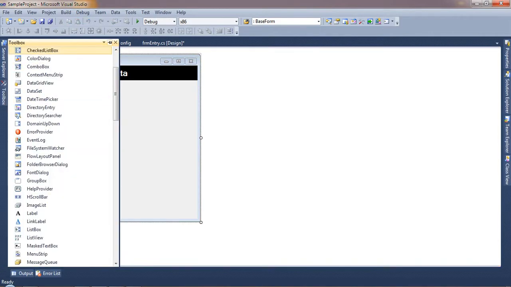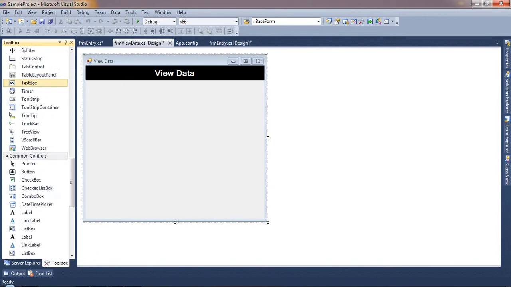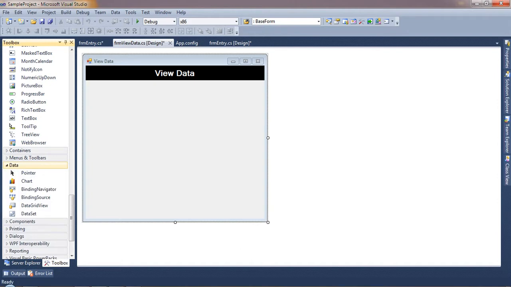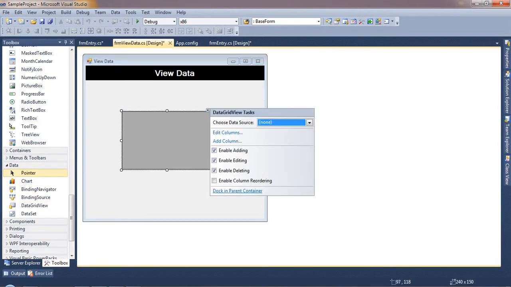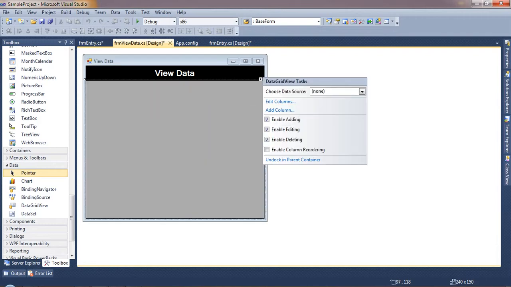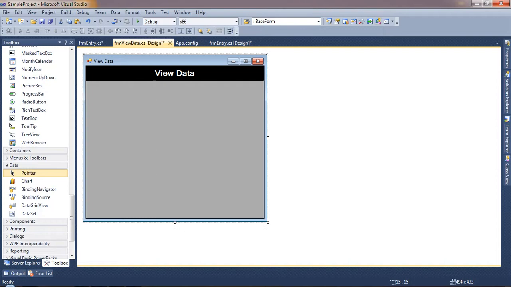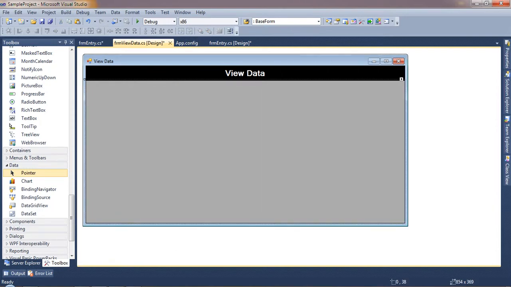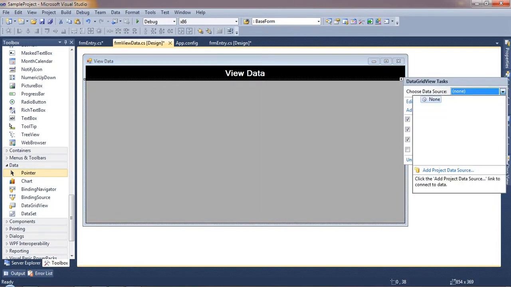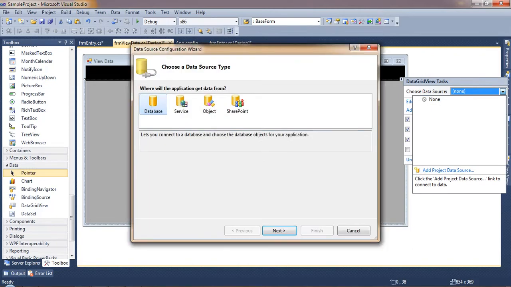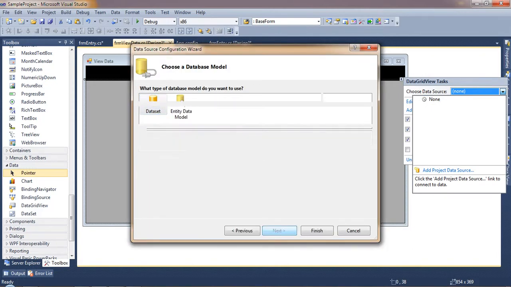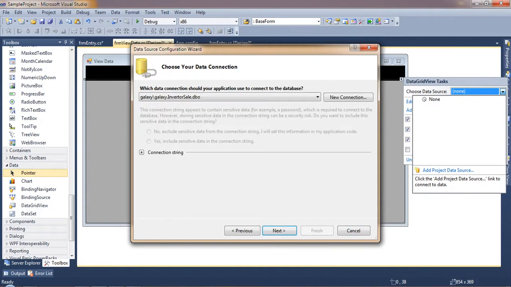From the toolbox I will select the data grid view. I will set the dock to top. We can directly select from here also. Choose data source, add project data source, then database, next, then we'll select new.